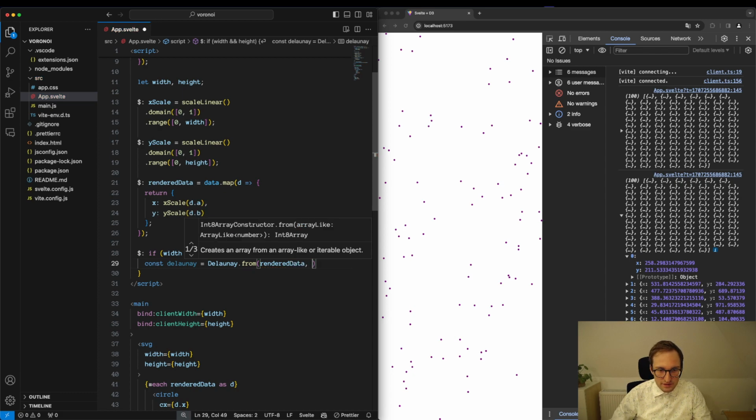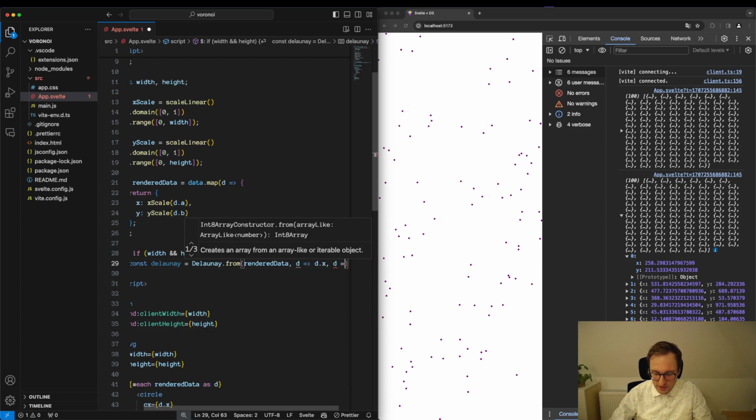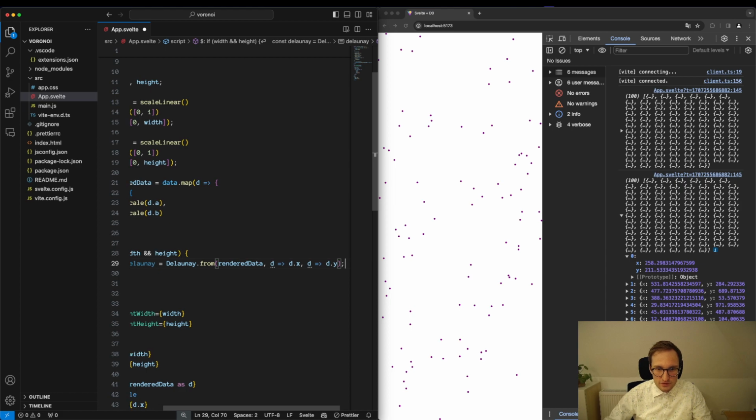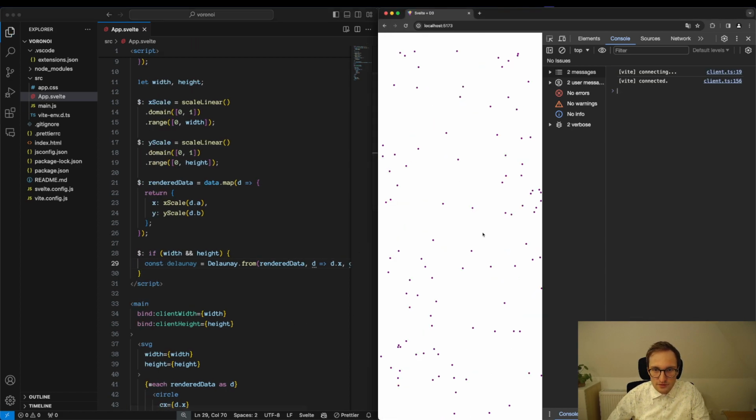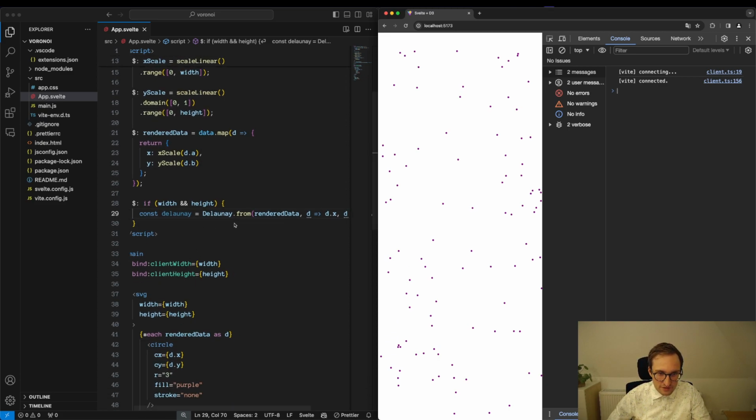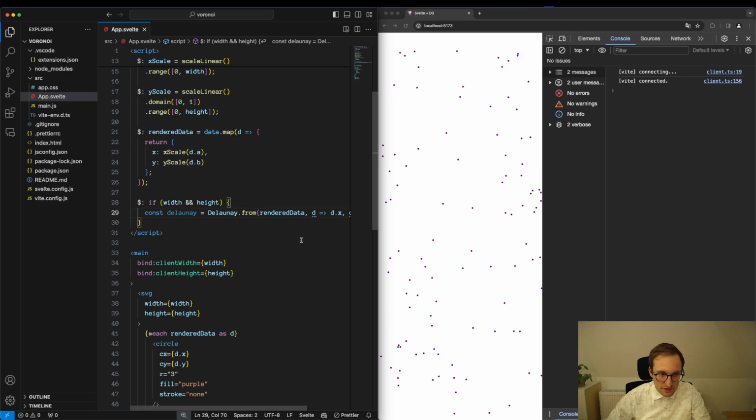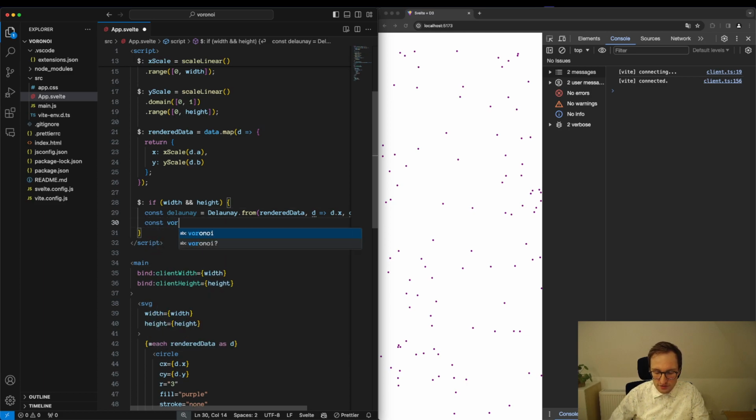And then as the second and third argument, we could tell Delaunay where to pull out the X and Y values. So we have to put in here some accessor functions. So we say, well, the X value is in the x property of our object. And similarly, we have a Y accessor, which is looking like that. And now best we could do is just rerun, no errors. Okay, that's good. It seems to work. We have no idea what Delaunay is. So that's basically now a little helper variable, and then we could generate the Voronoi diagram from here, and this is using the Delaunay